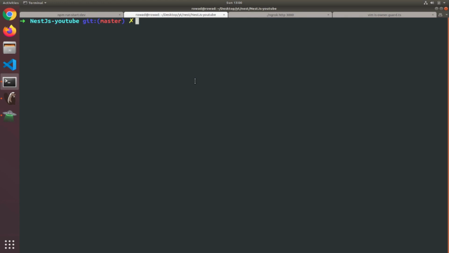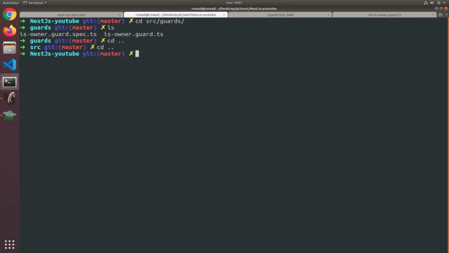So the first thing I will show you is that I had to run a command, nest generate gu, for guard, and I called it IsOwnerGuard, inside our source, inside our guards. I won't show you the code now, but this is something you need to keep in mind: I created a guard. I will just show you the posts. So source, posts, and now Vim,